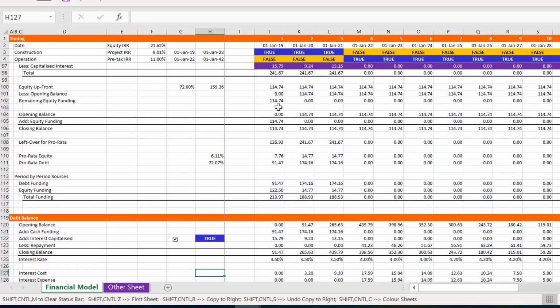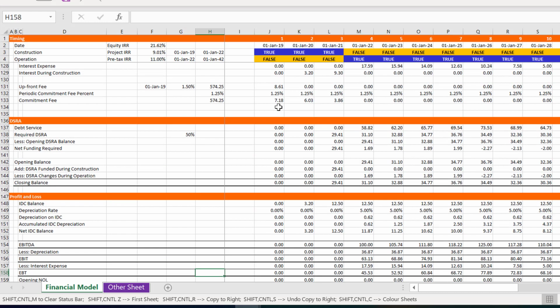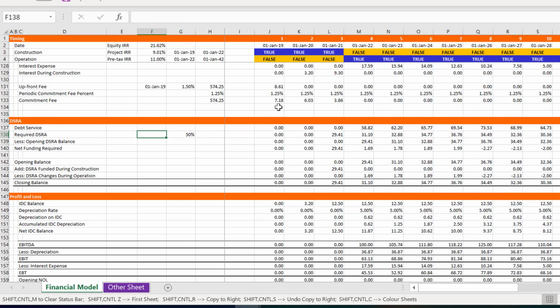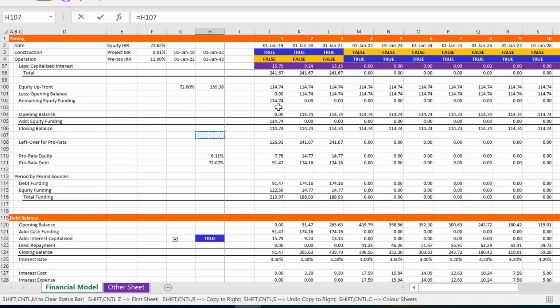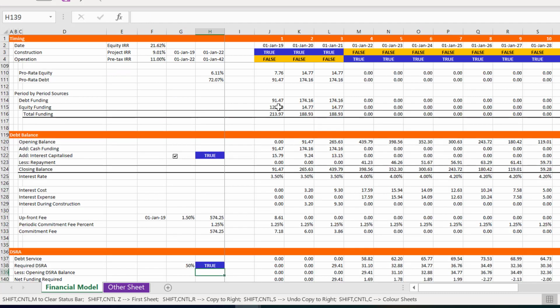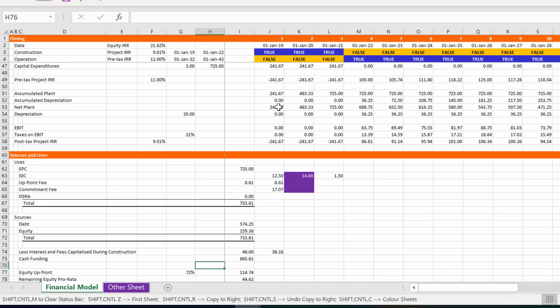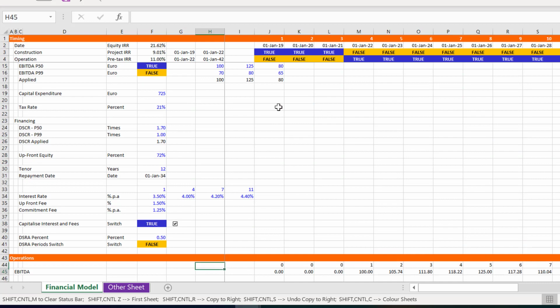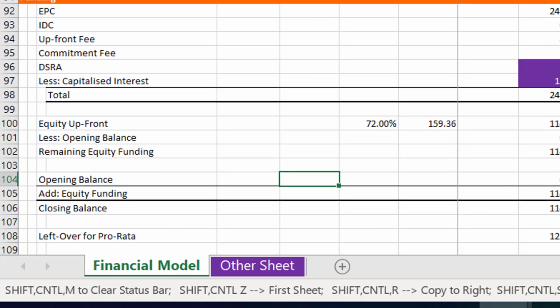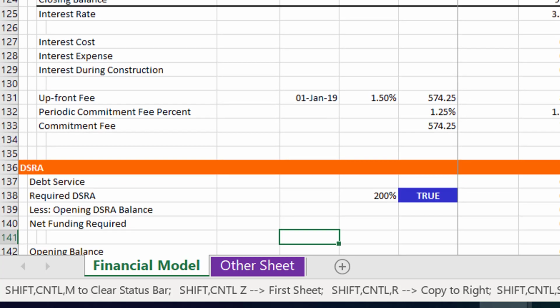Okay, now let's kind of finish this up and work on our DSRA. Now, right now, the way I had the DSRA, I just said take the next period times the percentage, but I think we should put in that DSRA switch, which says, okay, maybe we're going to put in 2 future periods. Now, that's not exactly just 200% of one period. That's looking forward 2 periods. So